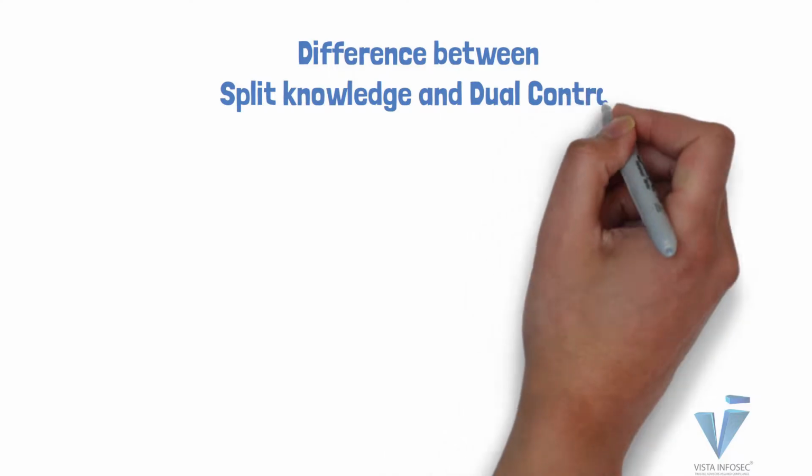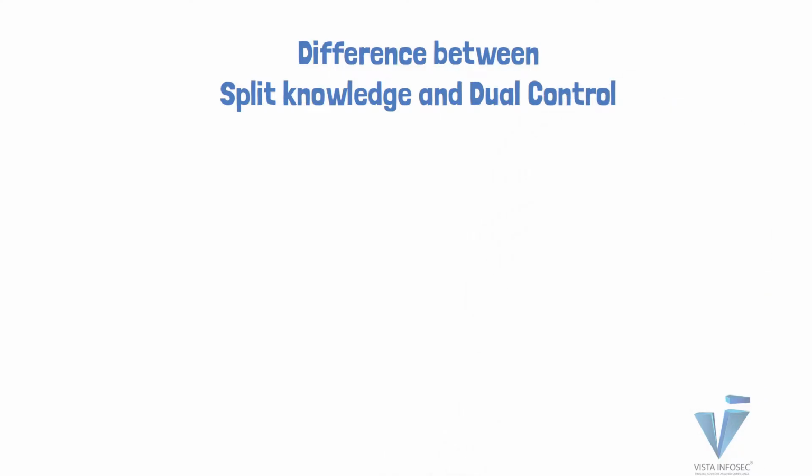So today's question is something very interesting. What is the difference between split knowledge and dual control in PCI DSS? Well, that is an interesting and very intriguing question. It stumps many people. You rarely see anybody give you a straight answer on that, and the reason is fairly simple: the standard is not really very clear on that. So we thought, let us make a video. Even our own people used to get confused initially.